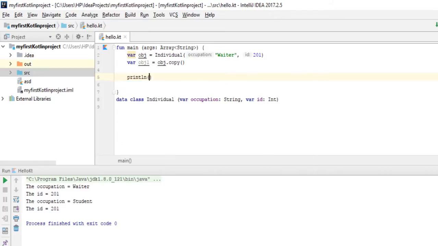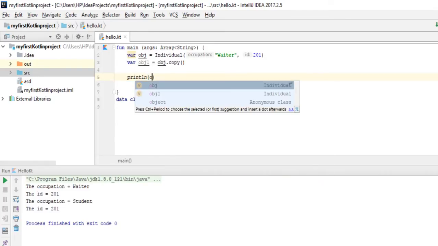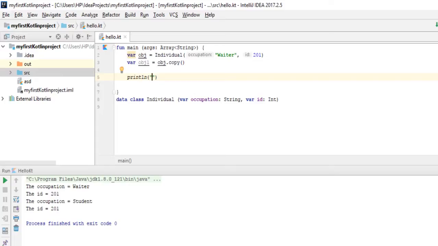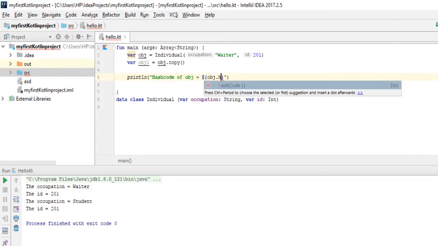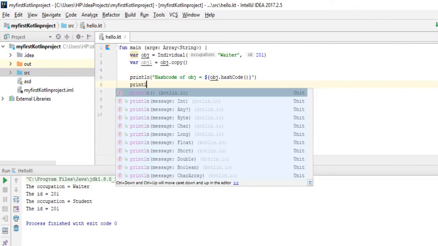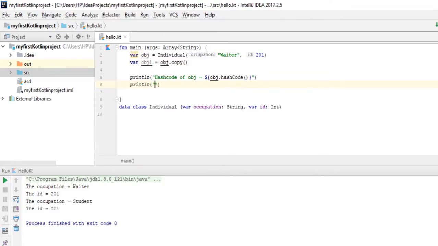I'm going to use println, and display a message: hash code of obj equals dollar symbol, curly braces, obj dot hashCode, and then again println hash code of obj1 equals dollar symbol, curly braces, obj1 dot hashCode.